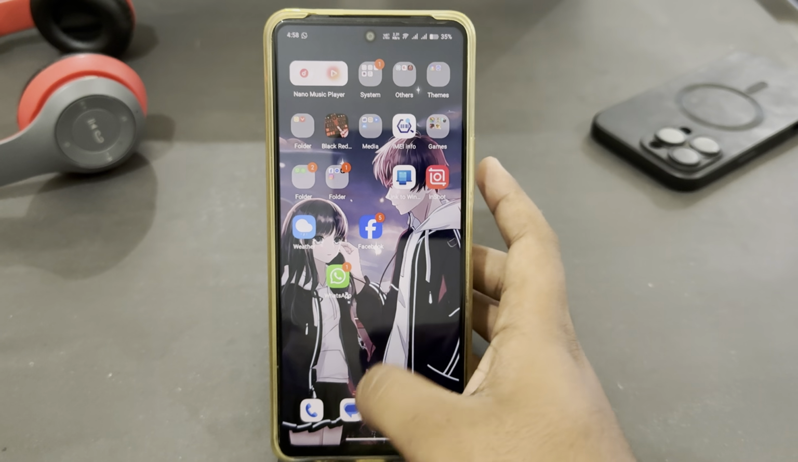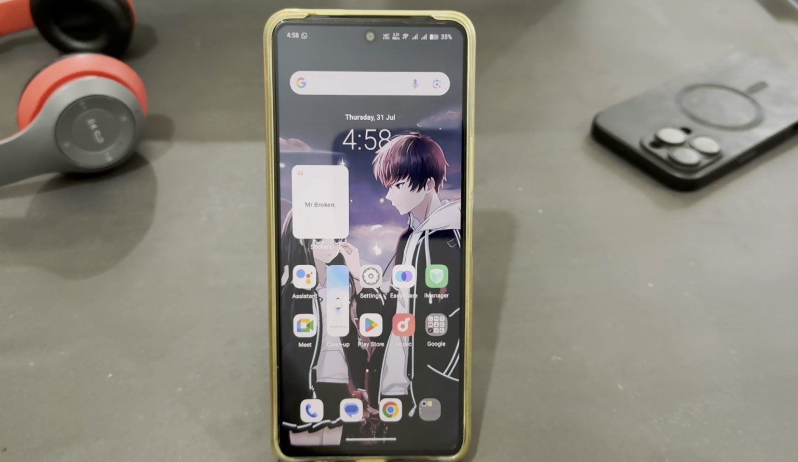So that's how you can easily use your gesture navigation in Vivo